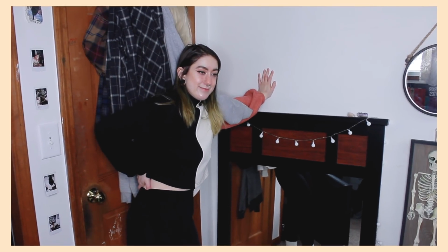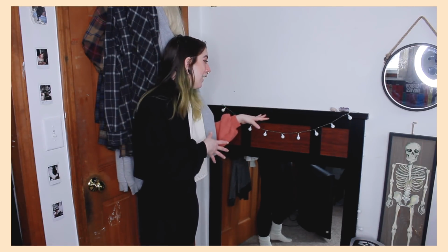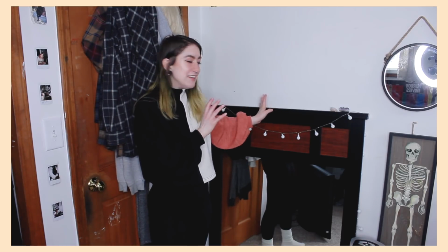I got this from Goodwill. Guess how much it was? Wrong. $13, bitch. $13 for this big ass fucking mirror. Now it pretty much came in the shape that you see it in right now. There were some little nicks and chipped paint at the top. So all I really had to do was give it a quick little paint job